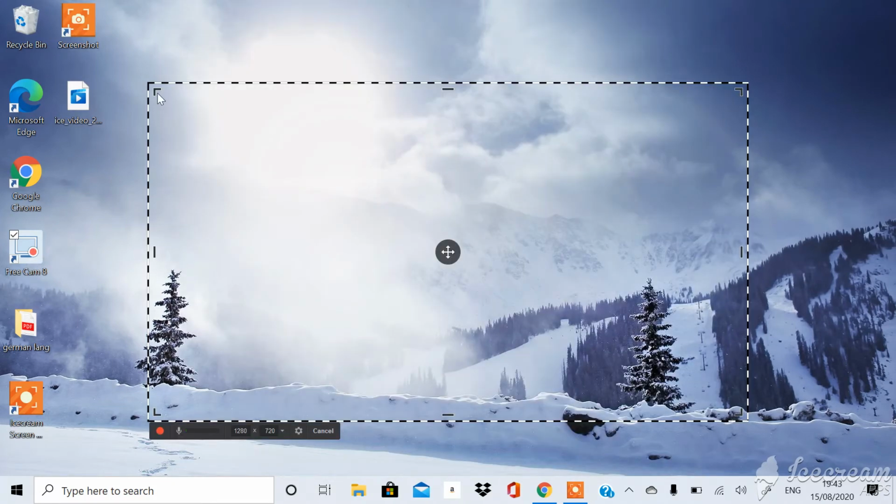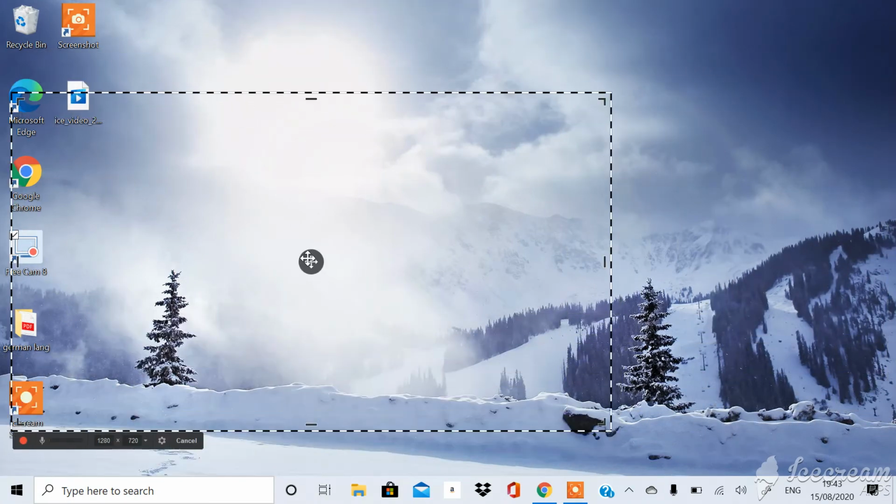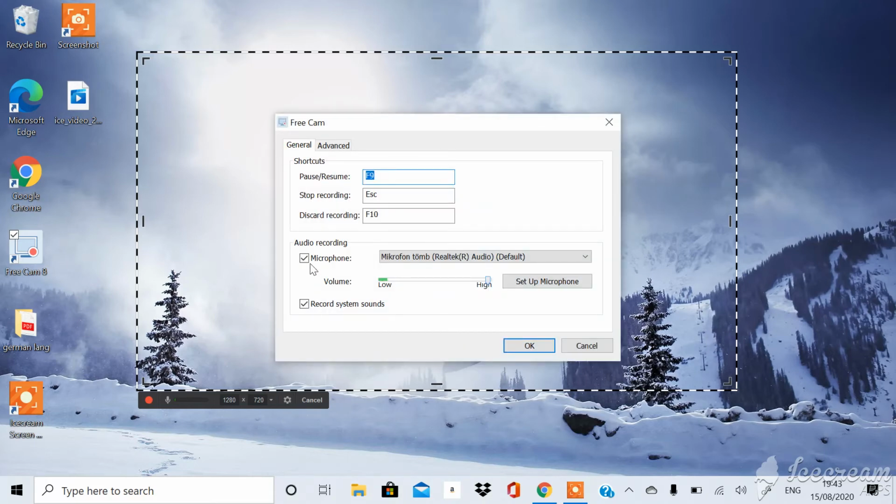So here it shows you where exactly you want to make this recording through this screen. You can minimize it, maximize it as much as you want. It's up to you. After this you can record here, and you can also choose from the list. I always prefer to make this one 16, and also if you want your microphone, you can check it here from the settings and then cancel, and after